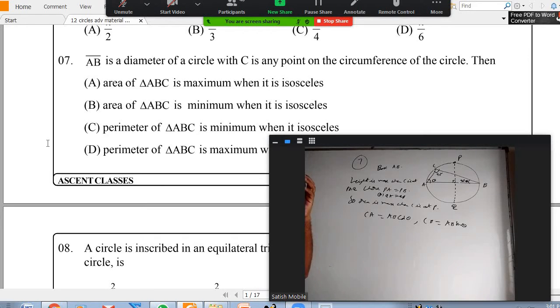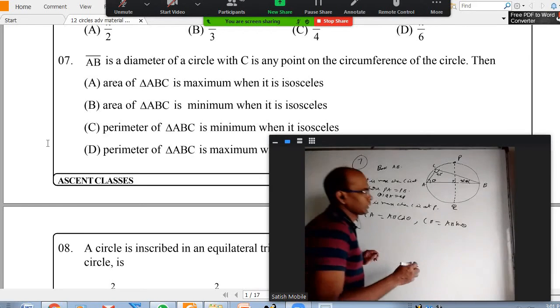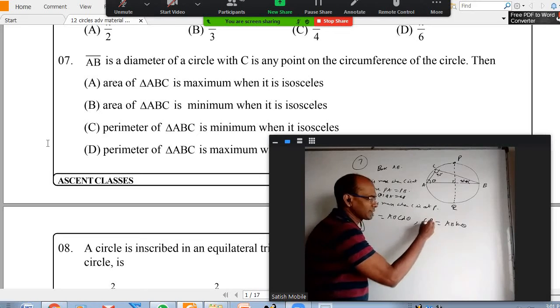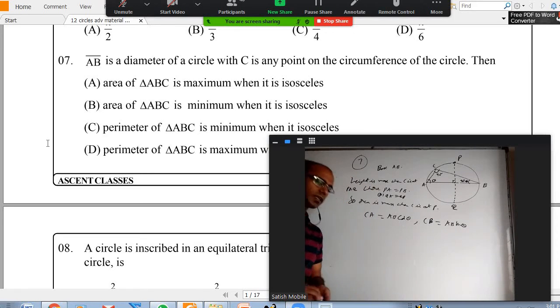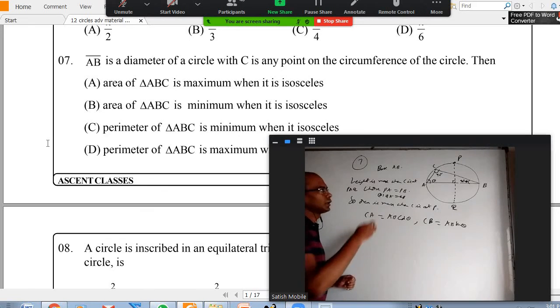Okay. So among all the ellipses which have A and B as the foci and intersect the circle, the biggest ellipse will be the one passing through P. And when the ellipse is bigger, the perimeter is also bigger. You can say it like that. In fact, that is how we can explain Fermat's theorem, that light will take the least time to travel along a particular path. I explain that. Okay, coming to the perimeter now.